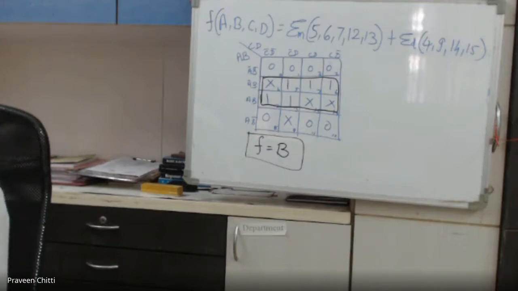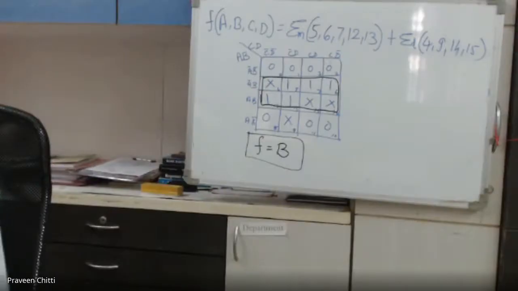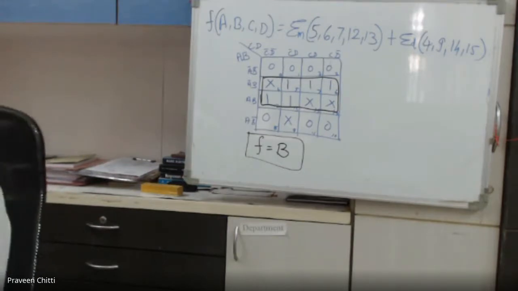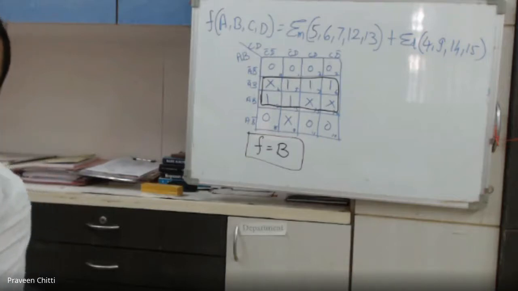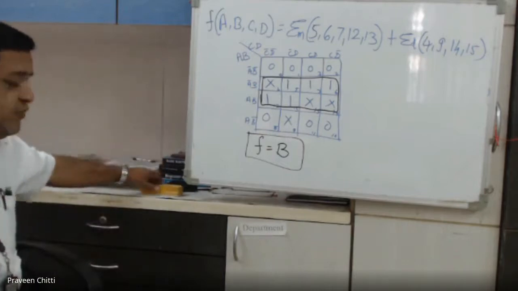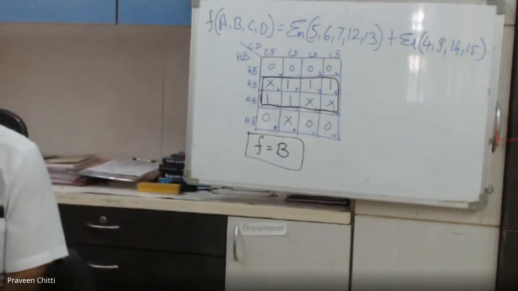So how many variable K-map do you have to use here again? 4 variable. So quickly, all of you should solve this and show me the answer. I will be taking everyone's name. Whatever example you have solved, you have to turn on your camera and hold your notebook in front of the camera. Is that clear? I will be giving you 2 minutes and I want all the answers from you people.